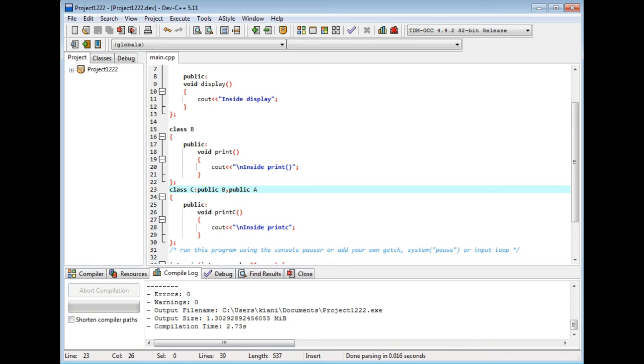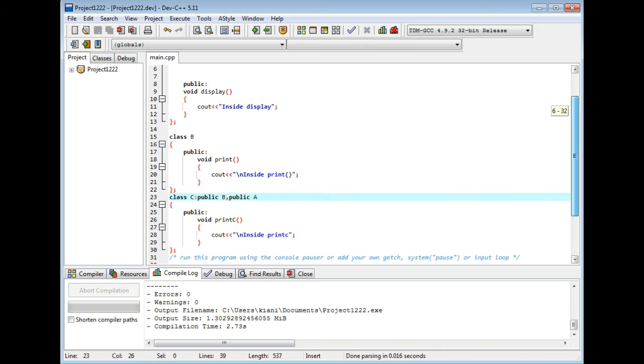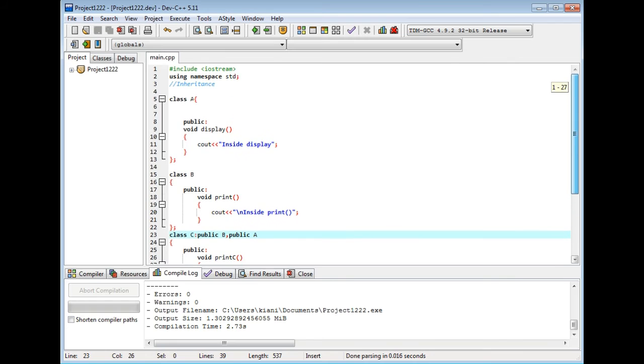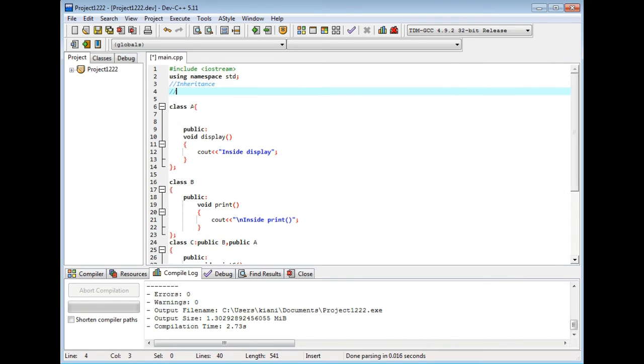And if there are levels A, B inherits A and C inherits B, this is multi-level, right? So what is then polymorphism? This is inheritance, and now we have polymorphism. What is polymorphism?